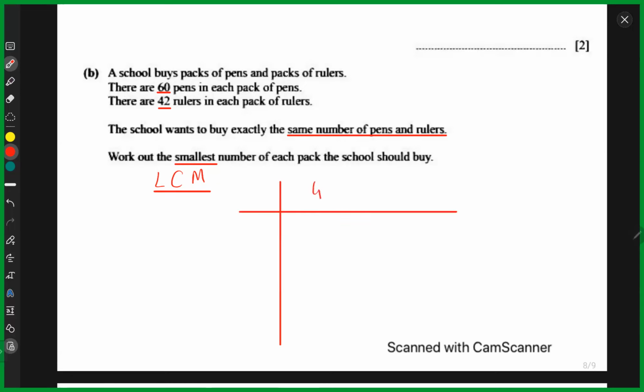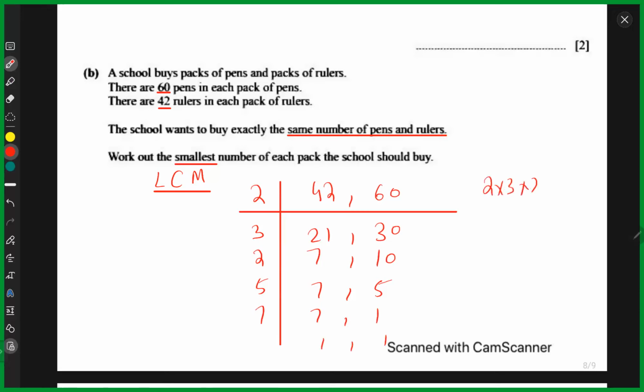It's 42, and then we have 60. It's 2, 21, and 30 again. No, it's 3 now, 7 and 10. And then we have, you can say it's 2, it's 7 and 5, then it's 5, it's 7 and 1, and then it's 7, 1 and 1. Okay, so it's 2 multiplied by 3 multiplied by 2 multiplied by 5 multiplied by 7,